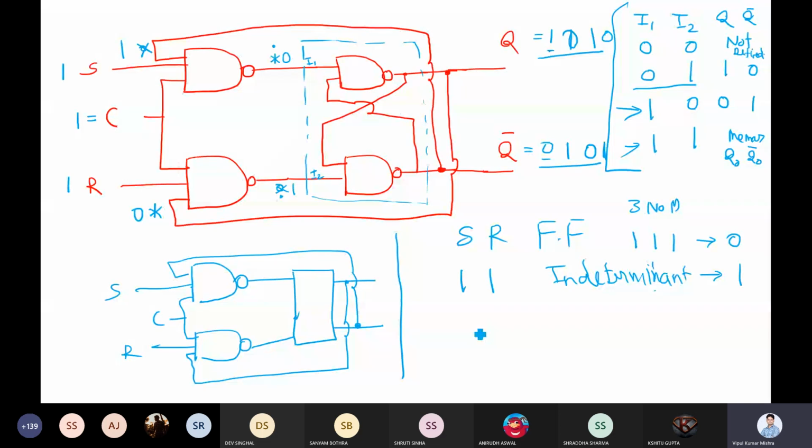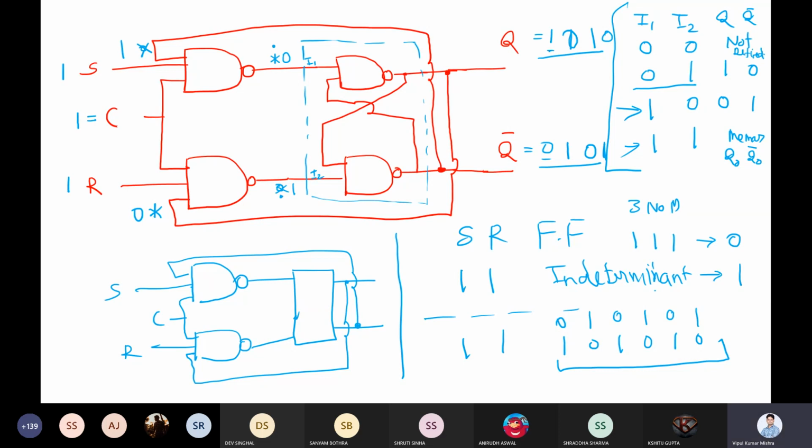Right? But now with this extra feedback, once your value is 1, we are saying it is changing 0 to 1, 1 to 0, 0 to 1, 1 to 0, 0 to 1, 1 to 0. It is now not an indeterminate state, but the values are changing continuously. You can see it is toggling, 1 to 0, 0 to 1, and so on continuously.